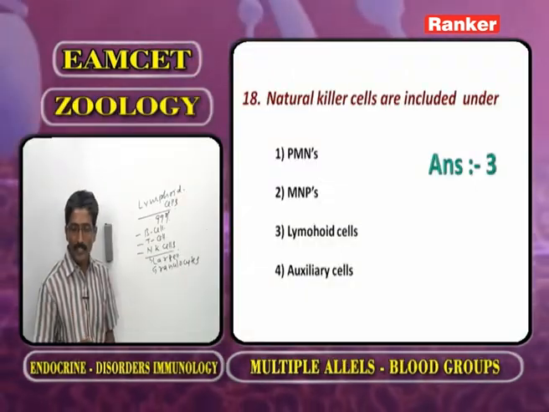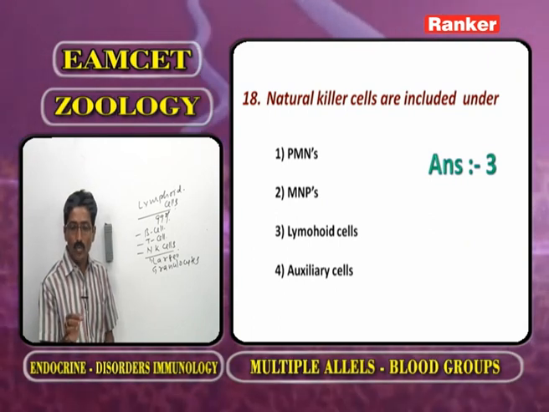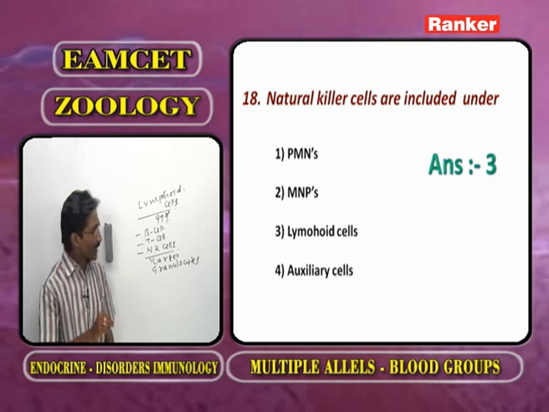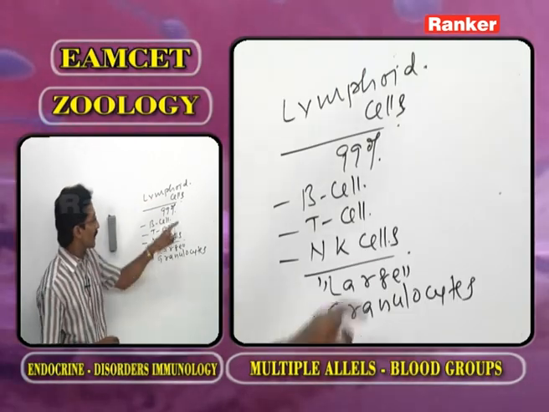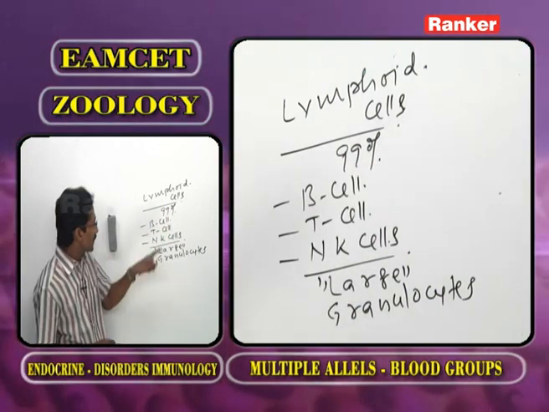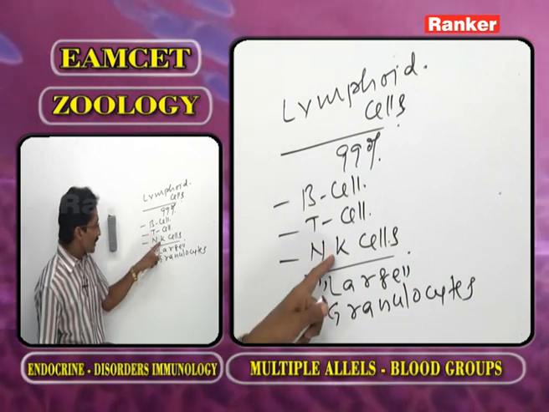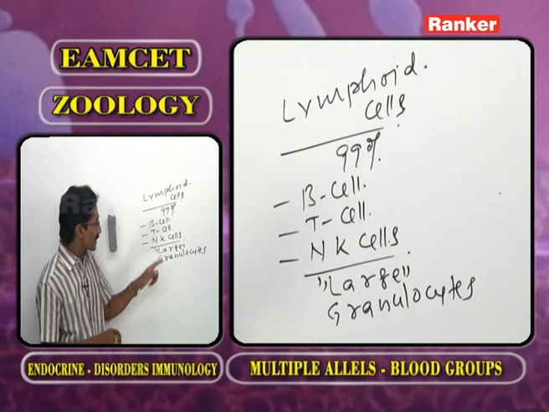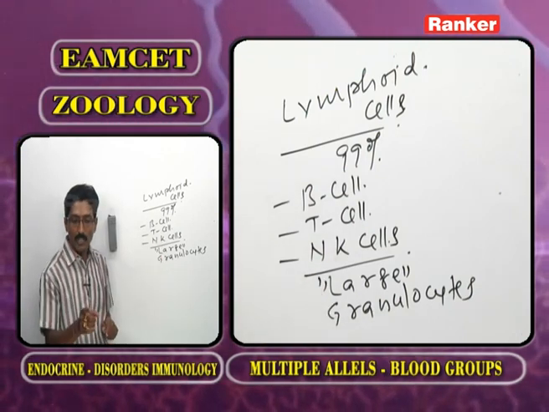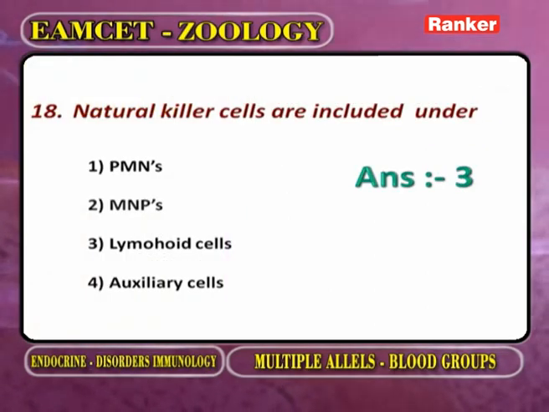Here we are asking natural killer cells are included under what type of category? The lymphoid cells. What is the percentage of lymphoid cells? 99%. The first one is B cell, the second one is T cell, and the third one is NK cell. Among these, what is the largest? The NK cell. Now the NK cell comes under the lymphoid cells. The next one,